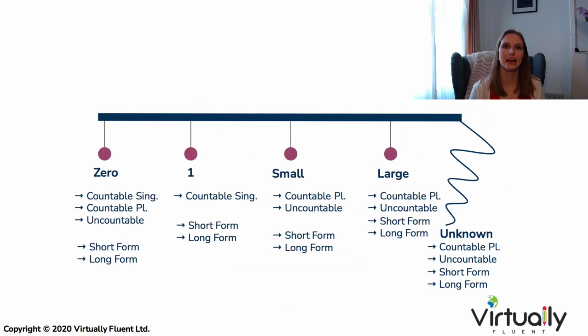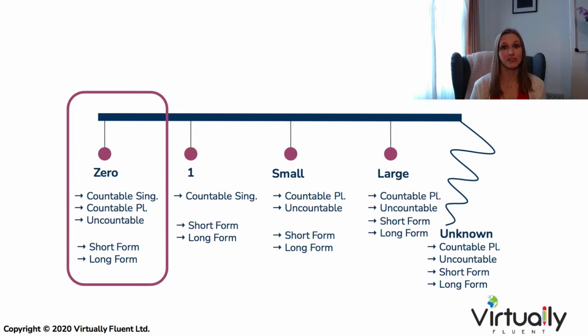So quantifiers can be used for different types of nouns. They can be used to give a zero quantity, a quantity of one, small quantity, large quantity, and unknown quantity. So today we're going to learn the quantifiers using this method. And when we learn quantifiers, we need to know what types of nouns they work with. Do they work with singular or plural nouns? Do they work with countable or uncountable nouns? And we also have a special long form for long questions and answers and a short form. So there's so much information that we need to learn. We're going to start by using a quantifier to say that there is zero quantity of something.